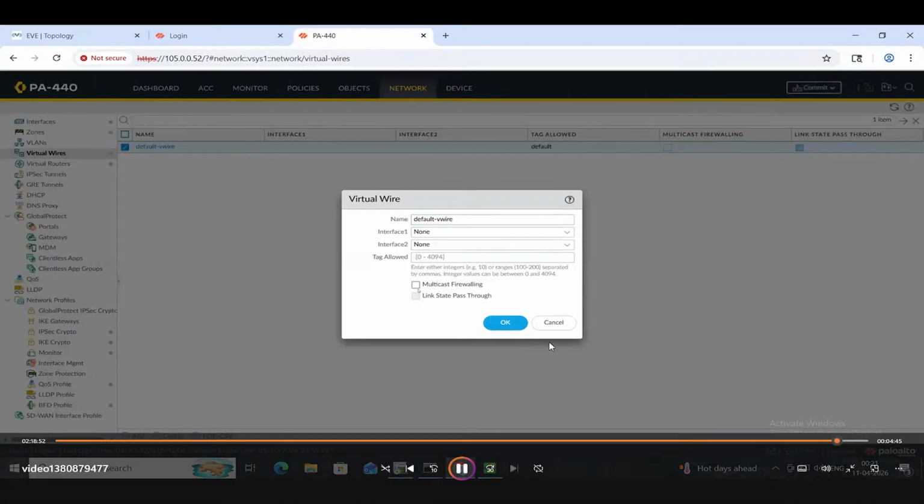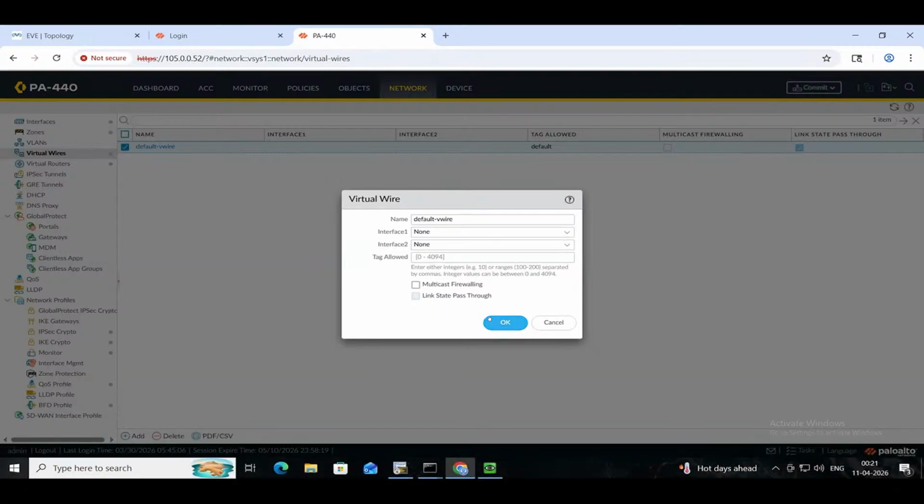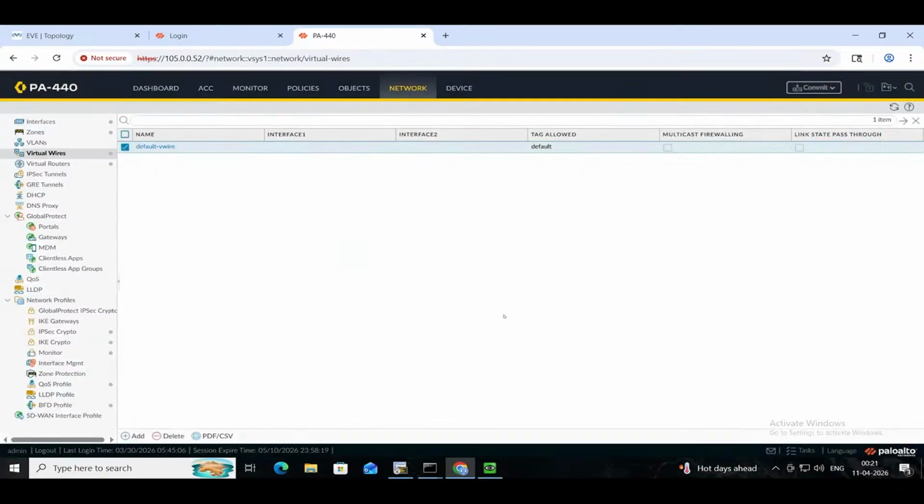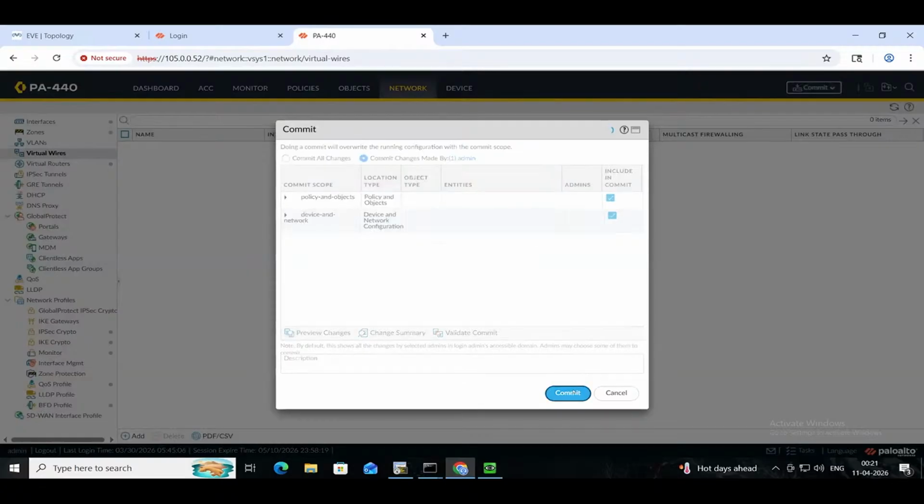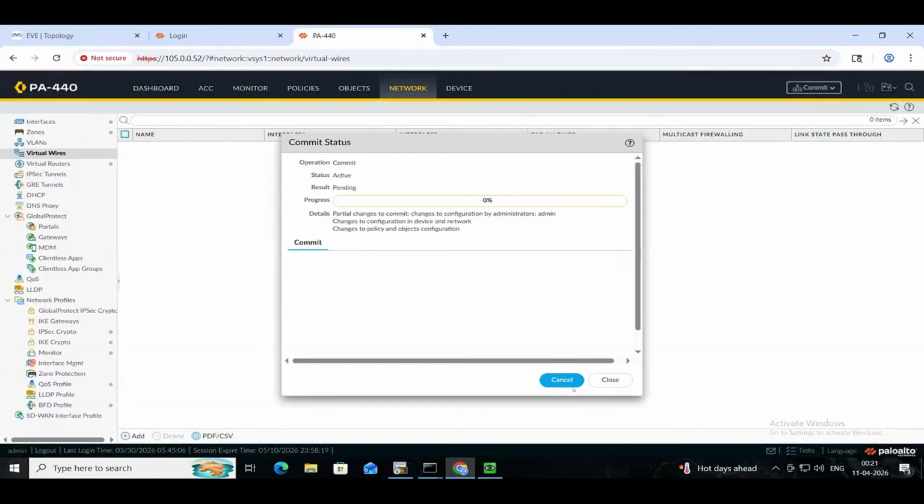So virtual wire, I have disabled this link state pass through also. Okay. Say okay. और ये जो प्रोफाइल है ना इसको भी मैं डिलीट कर सकता हूँ. दिस प्रोफाइल इज नॉट रिक्वायर्ड. वर्चुअल वायर प्रोफाइल जो था उसको डिलीट ही कर दिया मैंने, तो कहानी खत्म हो जाना चाहिए. वर्चुअल प्रोफाइल के अंदर मैंने कोई प्रोफाइल ही नहीं रखा, कोई ऑप्शन ही क्लिक नहीं रखा। ठीक है।